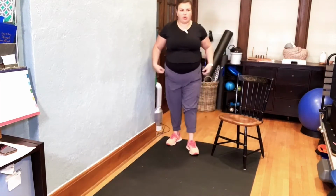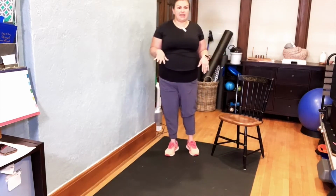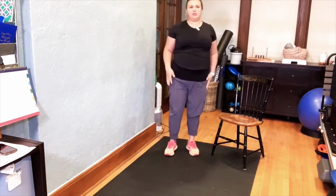Next is our forward step. You can either do 10 on the right, 10 on the left, or alternate. Let's go. 1,